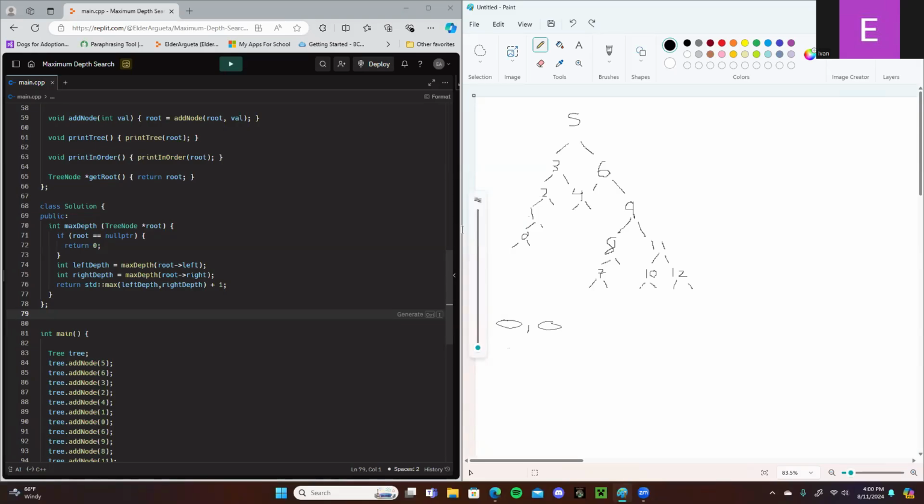So now that we've checked if this 0 has any nodes in it, we would return the max of left depth and right depth, which is what I'm doing right here, representing this stuff right here. So 0, comma 0